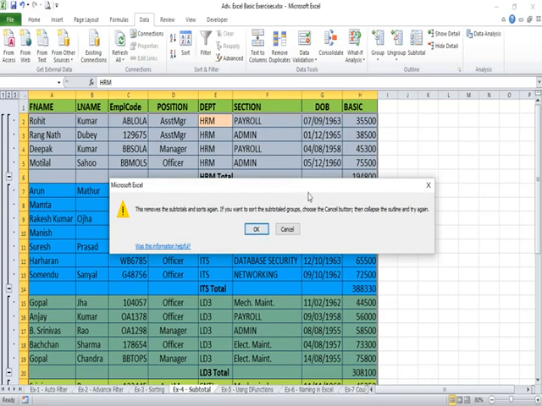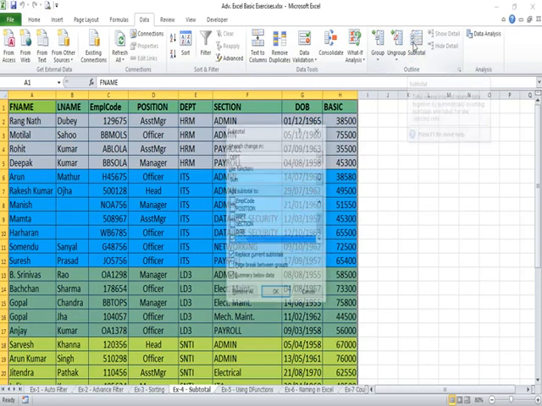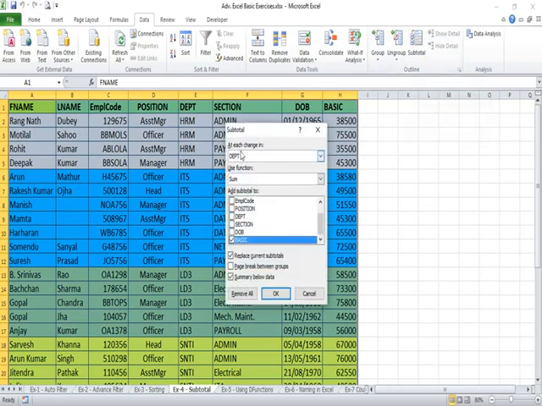It is giving you a certain message because you have used subtotal here. This is why this message is coming. So click OK. Subtotal has been removed and the data has been sorted first on department, followed by section. Now on this data, again you can use subtotal, but this time you will have to select section here, to get the department cum section wise subtotal. Use function sum and add subtotal to basic. Again I am clicking the OK button to get the desired result.